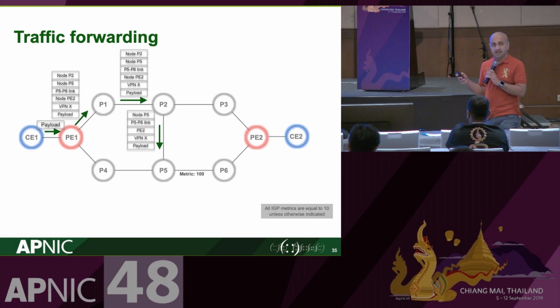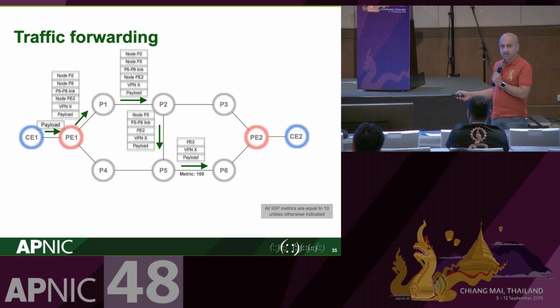So we achieved the second thing, which was to get to P5. At P5, oops, let me just step back. P5 strips the top label and then looks at the next label, which says the adjacency between P5 and P6. And it knows about that adjacency. So it strips that label and it sends the packet directly over this link. So it's taken off the top two labels, the node P5 and P6, leaving it with a